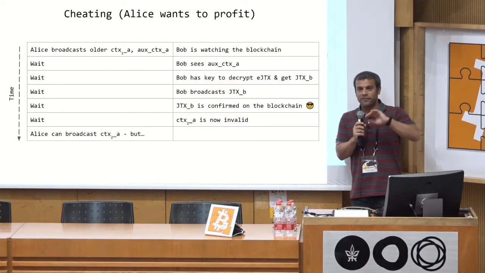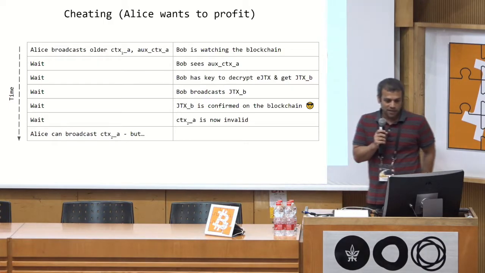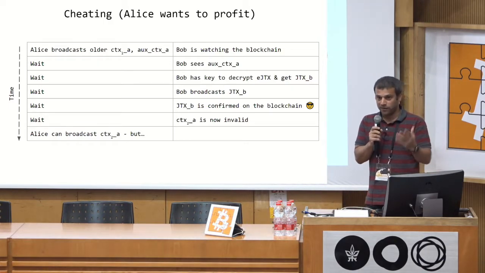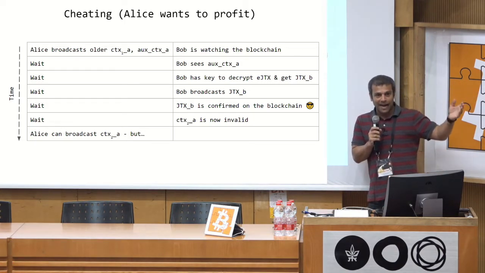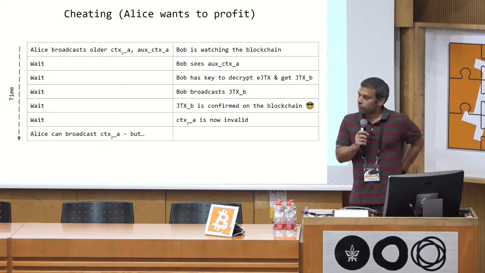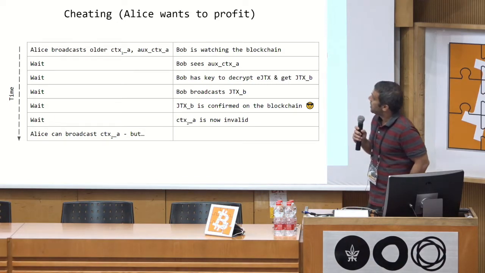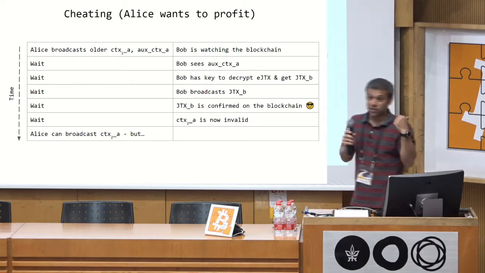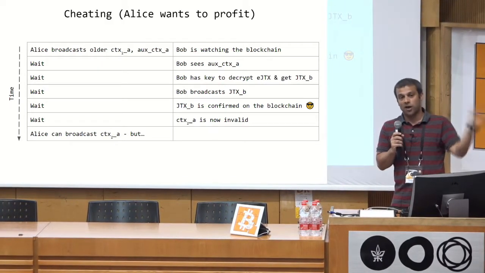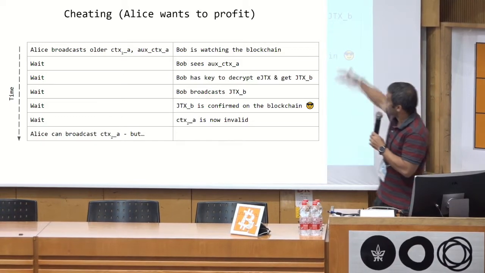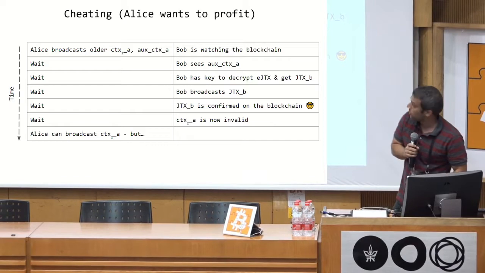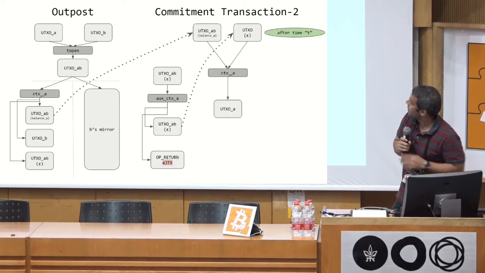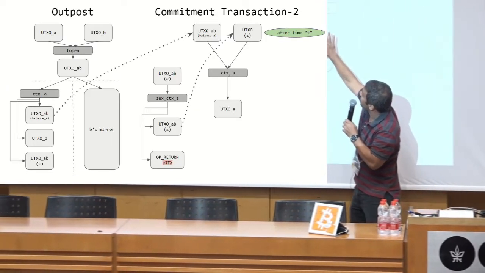Okay, so I want to go through scenarios of cheating and of closure to see how this actually works. In the cheating case, which is what we are trying to prevent, Alice broadcasts an older commitment and auxiliary commitment in our case. And Bob is watching the blockchain. Bob sees this. He has the keys to decrypt because as a part of the state exchange, he had actually gotten the previous decryption keys. He decrypts the justice, broadcasts it, and once this transaction is confirmed,